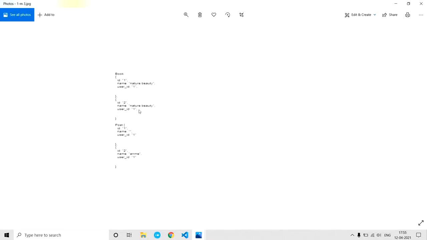As you see, we are storing the same user ID in both book documents, meaning that user has two books. And similarly in the posts, we have two posts that belong to the same user. So in this way we can separate into separate collections, so that these individual collections can easily scale up and grow by themselves.